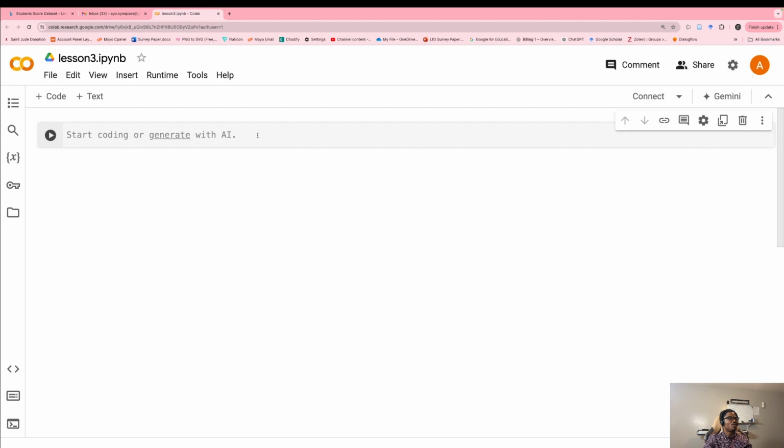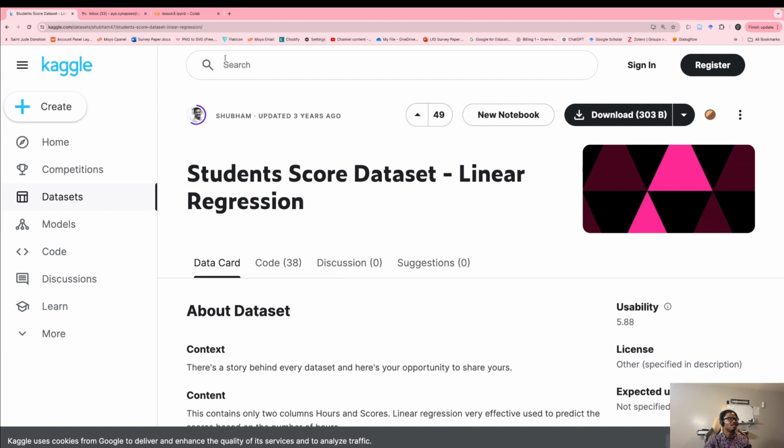But before we start writing code, remember I told you that we need data. I told you we're going to be using Kaggle a lot to get our data. The data is going to be the student score data set. You remember that I told you linear means there is a relationship between two things.